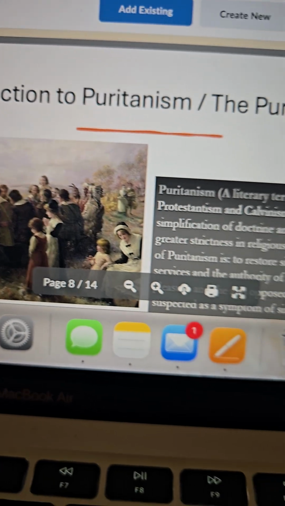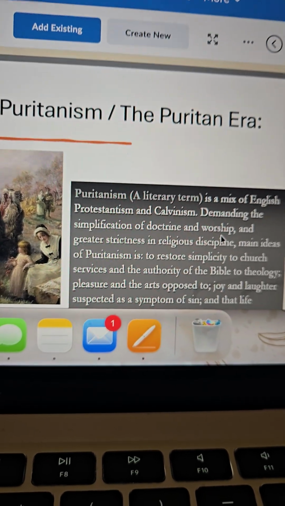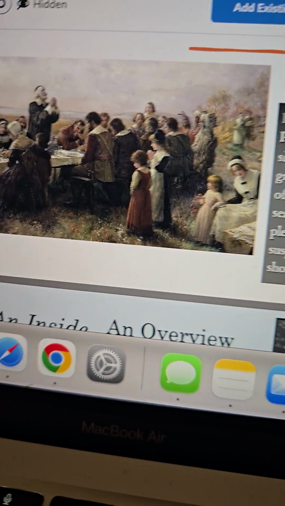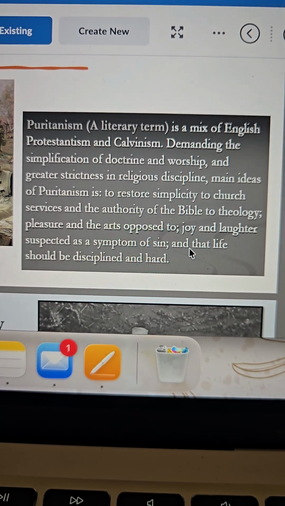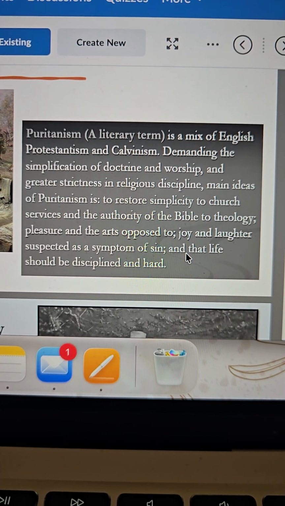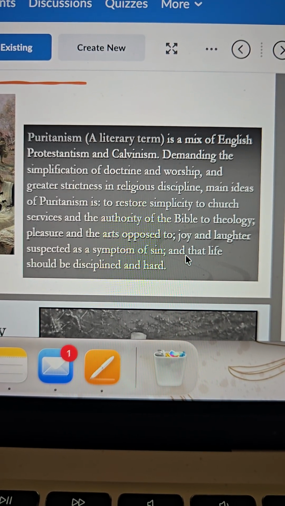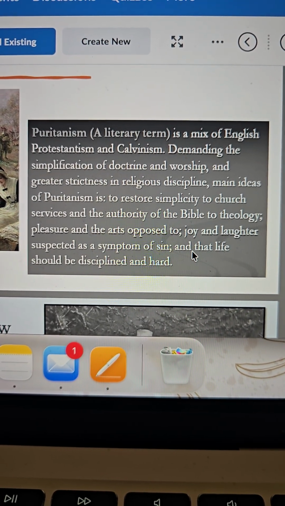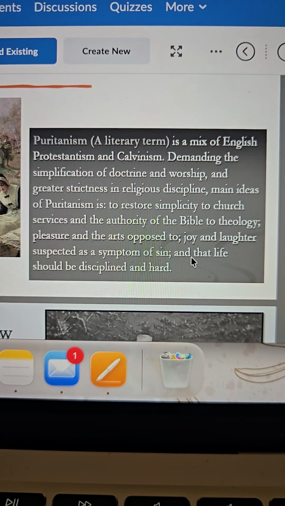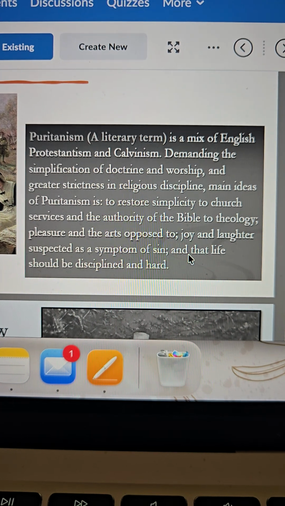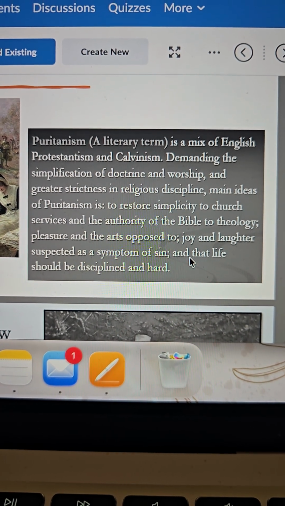Let's look at the introduction to Puritanism, or the Puritan era, which is still found within the colonial period. Sorry, I'm making sure that I'm on the right slide. Puritanism is a mix of English Protestantism and Calvinism, demanding the simplification of doctrine and worship and greater strictness in religious discipline. The main ideas of Puritanism are to restore simplicity to church services and the authority of the Bible to theology, pleasure and the arts opposed, joy and laughter suspected as a symptom of sin, and that life should